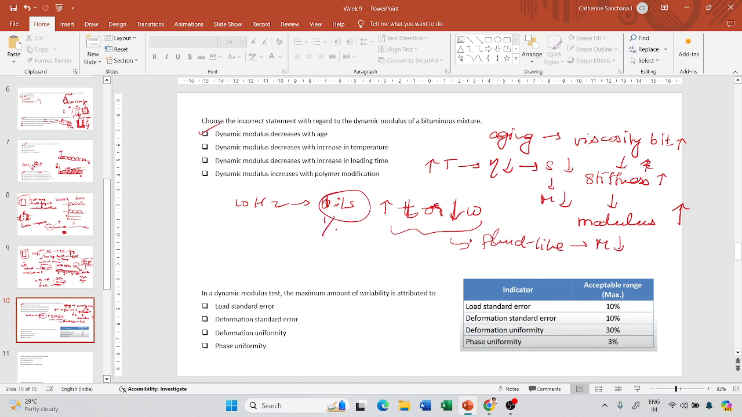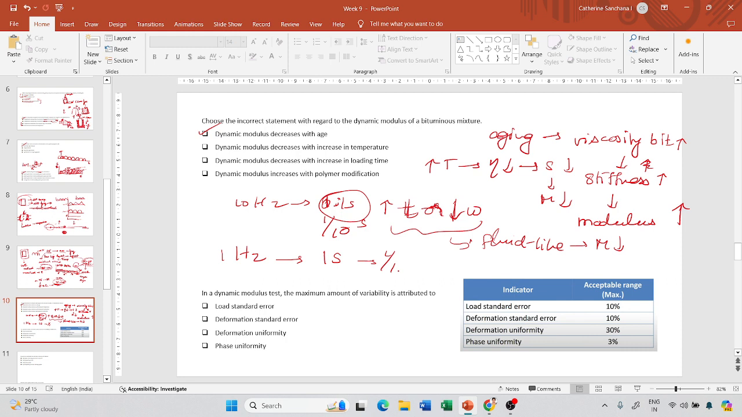Why is it 0.1 seconds? It is 1 by 10 seconds. Okay, and if my frequency is 1 hertz, then my loading time is 1 second, which is 1 by 1. So in that case, if my loading time is less or the frequency is more, then the material response will be fluid like, in which case the modulus decreases. And if the frequency is low, or if the loading time is more, then the material response will be solid like, in which case the modulus will increase. Okay,